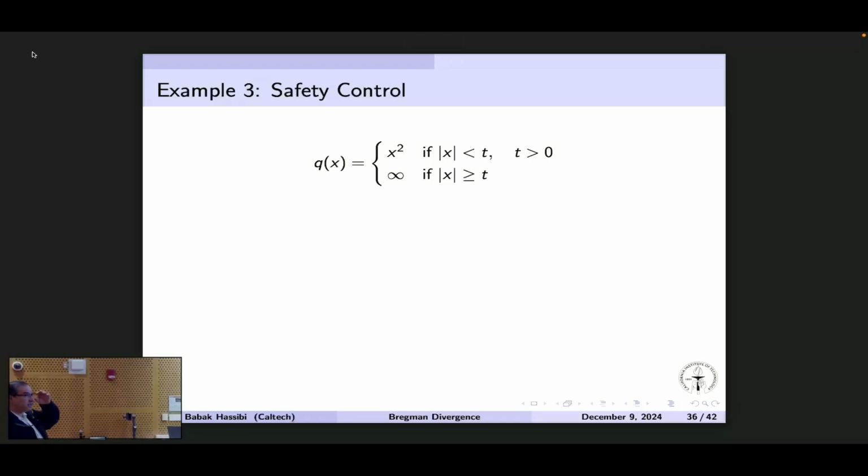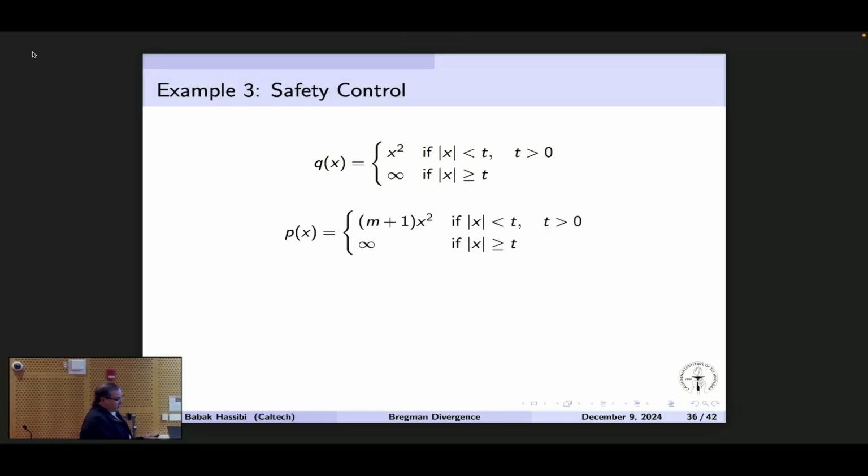You might care about safety control. So now I'm going to put a limit on the deviation of x from 0. So you might have a robot and you want it to go up the stair and not bang onto the sides. So this is supposed to be that scenario. I'm giving infinite penalty if you exceed t. Okay, so I'll show you some of the steps here.